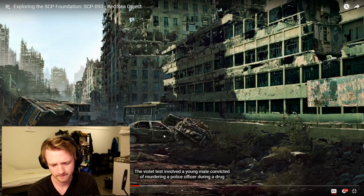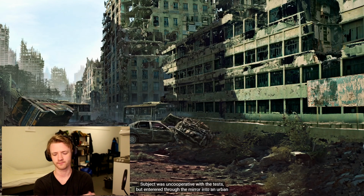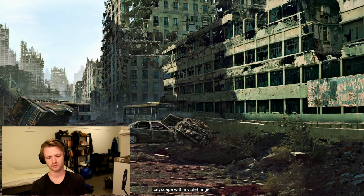Okay, let's keep watching. The violet test involved a young male convicted of murdering a police officer during a drug bust, utilizing excessive violence. Subject was uncooperative with the tests, but entered through the mirror into an urban cityscape with a violet tinge. The city seems to be largely empty, but there are a few cars that look to be futuristic